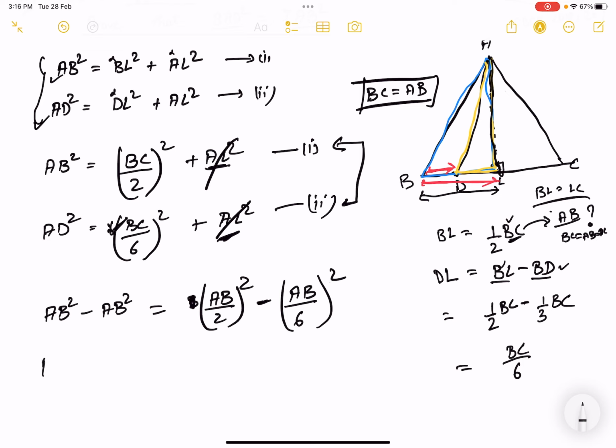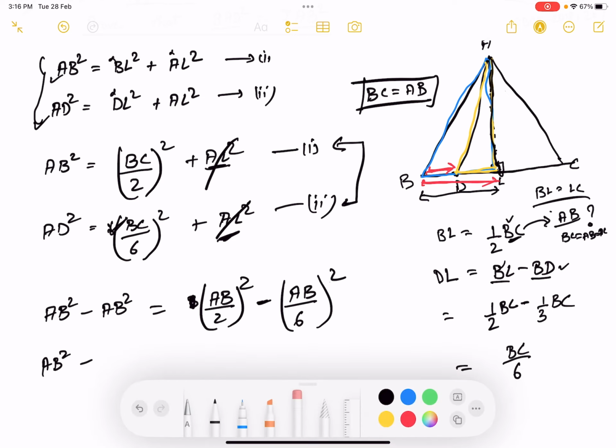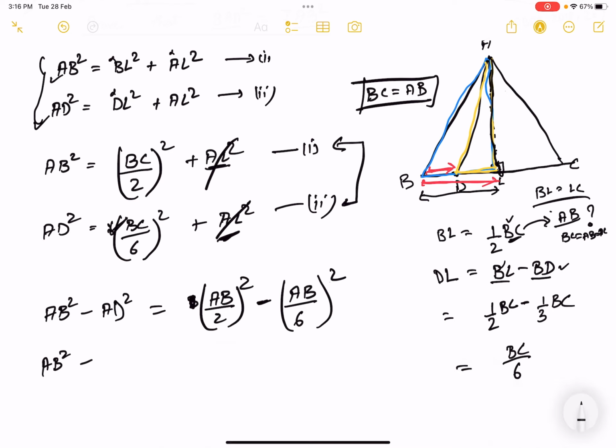So again let's solve this. AB square minus AD square, sorry, this should be AD square, I'm so sorry. AB square minus AD square is equal to, let's take AB square upon 4 as common,